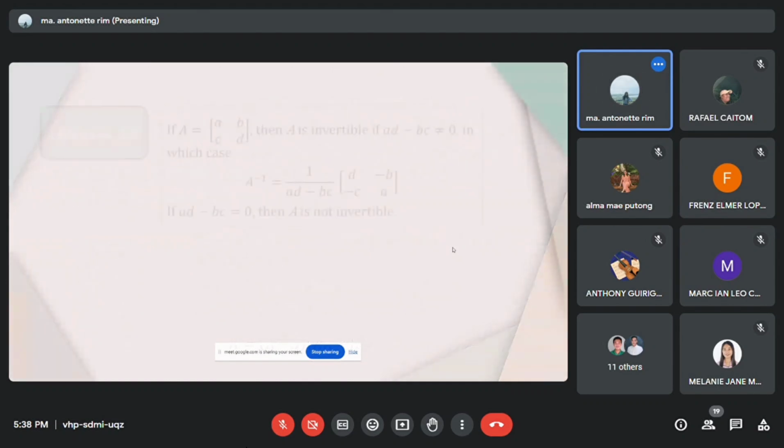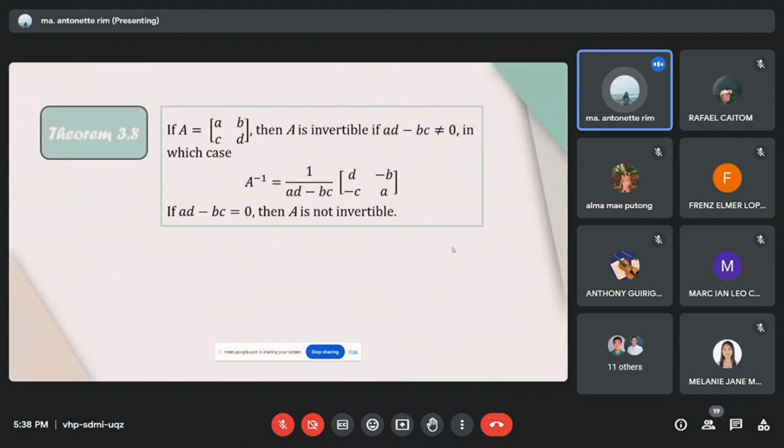So, okay, next we will answer the question if a matrix has an inverse. Dili tanang square matrices naay inverse. So if A is a 2 by 2 square matrix with entries A, B, C, and D, then A is invertible only if AD minus BC is not equal to 0, in which case this is the formula on how to compute our inverse. So A inverse is equal to 1 over AD minus BC